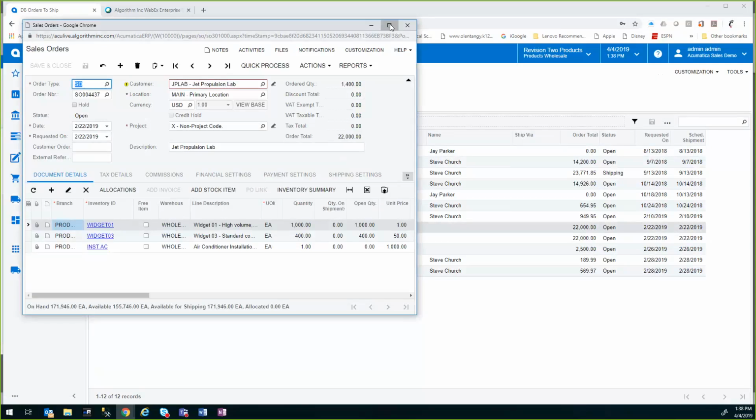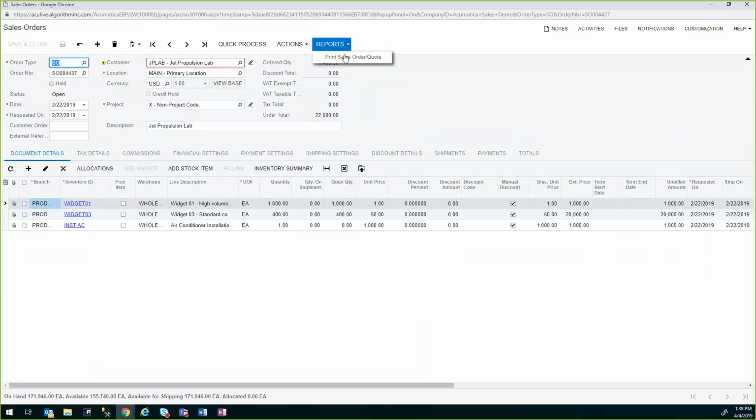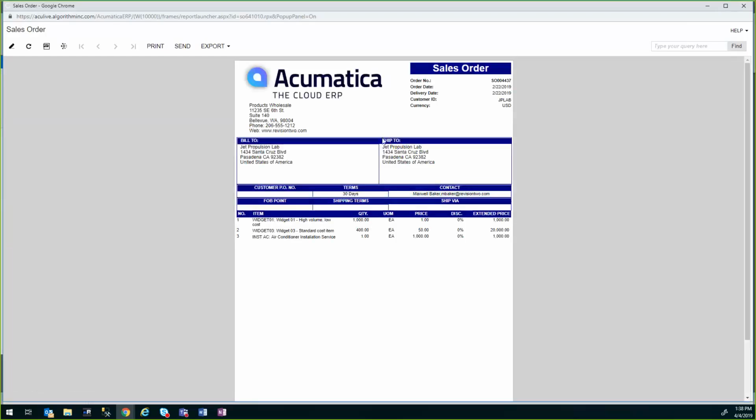When I'm drilled down on this, I can see that I can go in and do actions on this order. I can create a shipment and ship this order. I could copy this order. I can print the order straight out of here. So if I click on print the order, for instance,